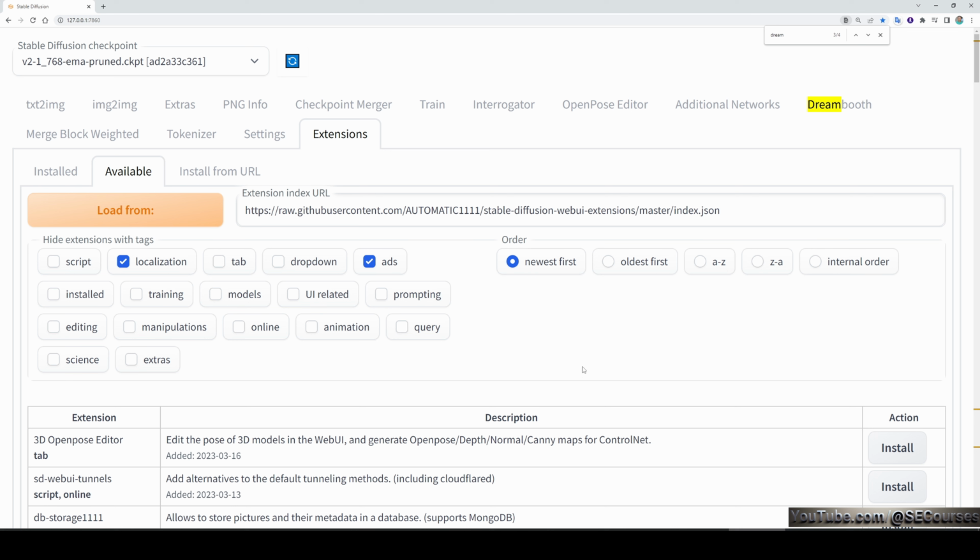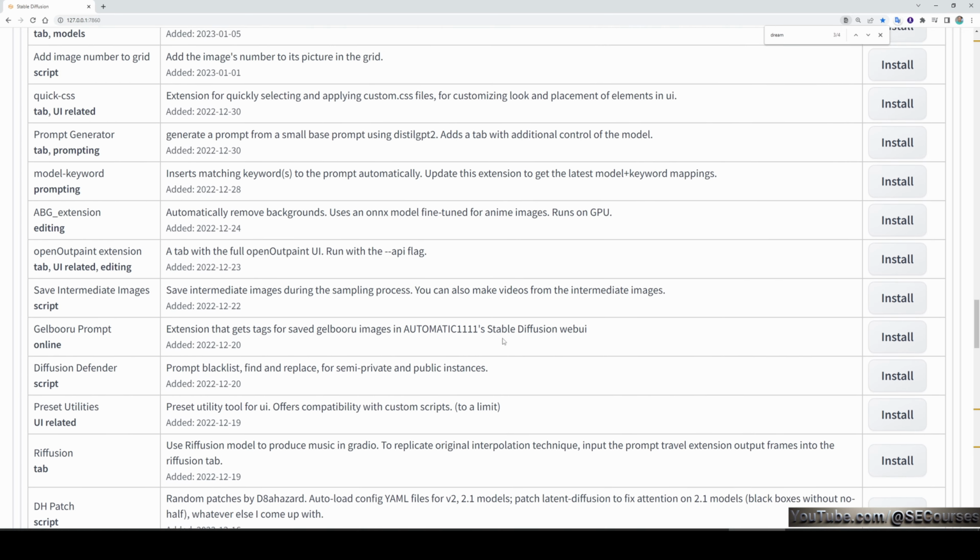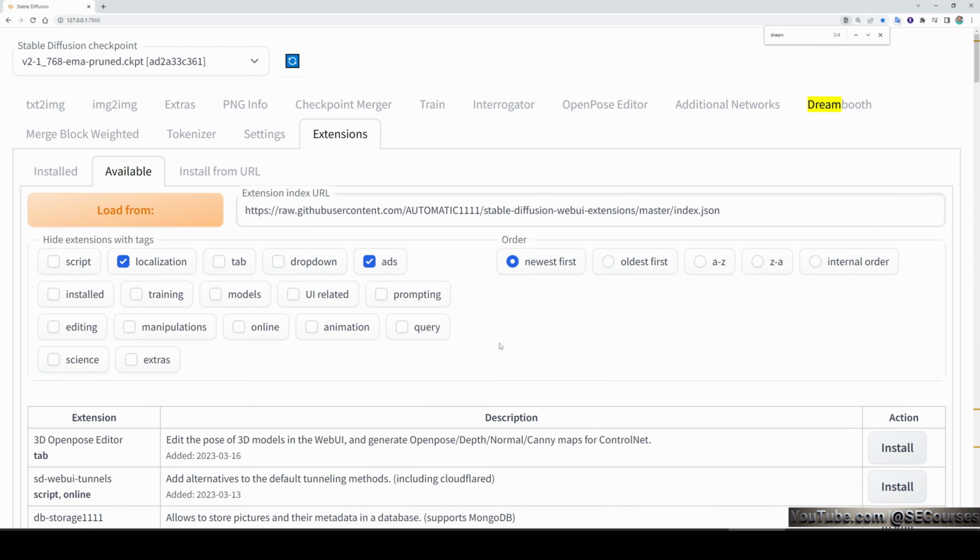So let's say automatic installation has failed for you on Automatic 1111 Web UI on your PC. Normally we go to the extensions tab in our interface, go to available, click load from, then search for the extension that we are looking for, for example Dreambooth, and click install. Then after we restart our web UI, it is supposed to install everything automatically for us. However, sometimes it is failing, so in this video I will show you how you can manually install it.